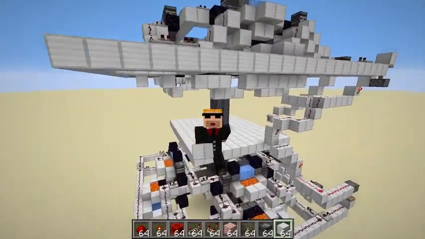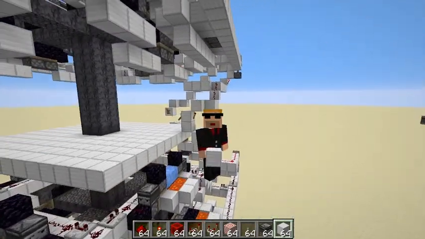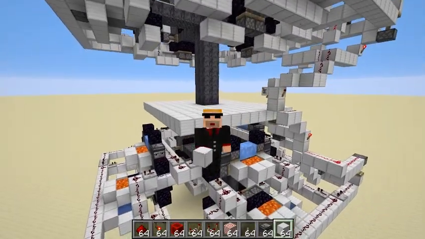Well, that is going to do it for us today. That is our stone and basalt generator. I hope you guys find this tutorial helpful, and